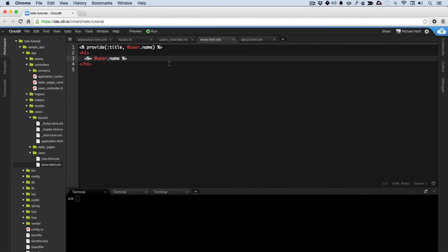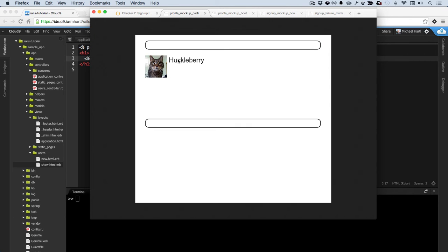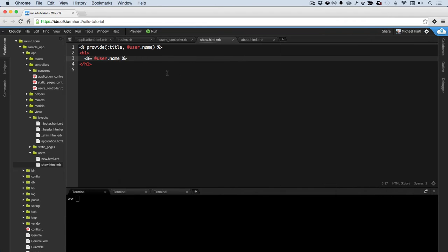So the word avatar has been used for quite a while now in computing, especially in the context of web applications, to refer to this sort of image that represents the user. It doesn't have to be a photograph, it can be an icon or something like that. And there's a service called Gravatar, which stands for Globally Recognized Avatar. It's really useful for this purpose. Among other things, it lets us defer the difficulty of uploading and formatting images. And we can pass that off to the Gravatar